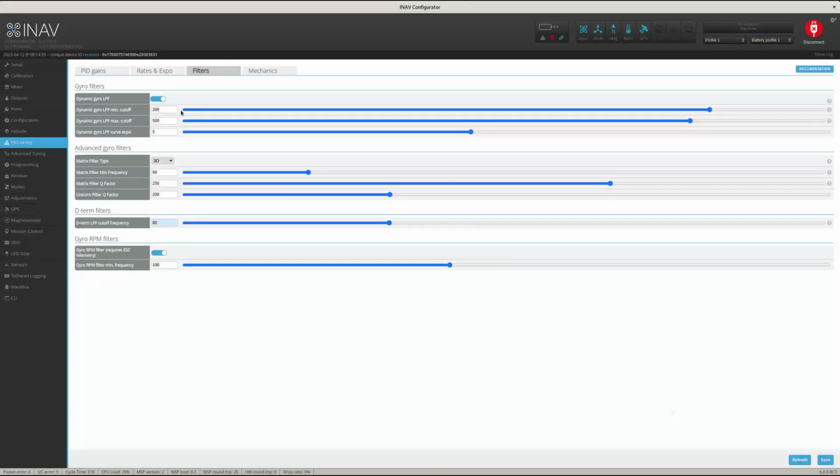I don't know the values. Maybe this is a range, minimum and max cutoff. So that means any issue, any like oscillation, I don't know, correct me if I'm wrong, guys, I'm using the word oscillation, between 200 frequency and 500 frequency would actually be covered, since it's in the range. I don't know this number five value here. But yeah, I enabled it and I saved it, and then I tried it again that same day,